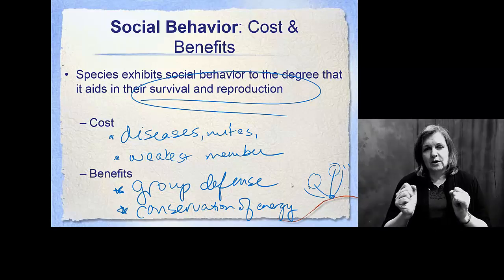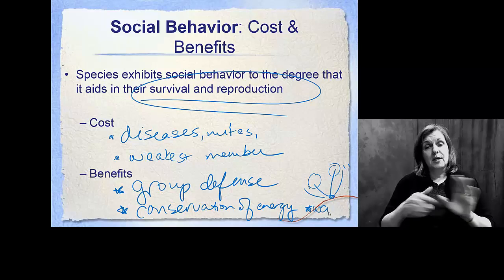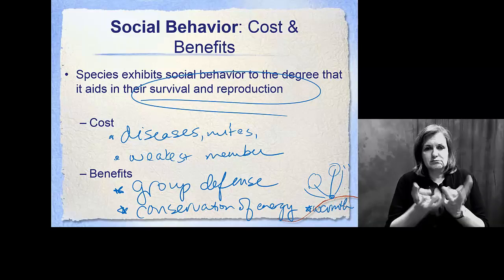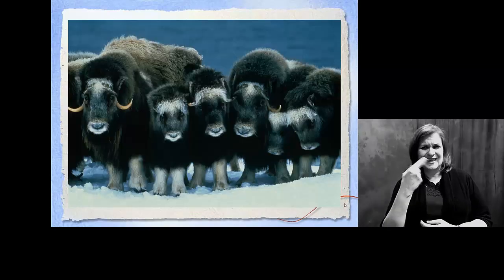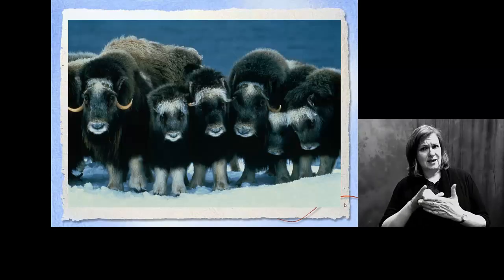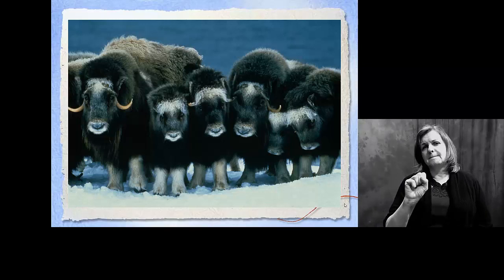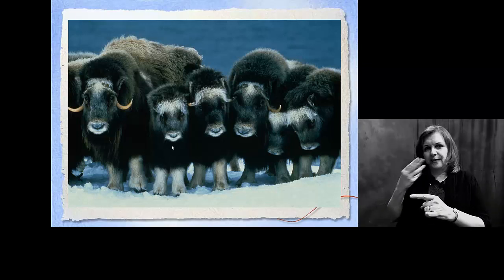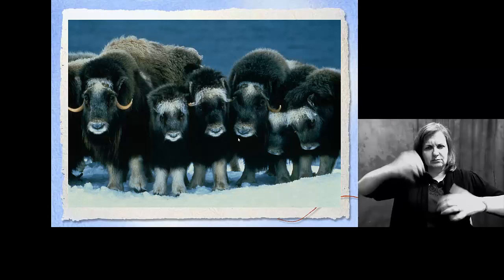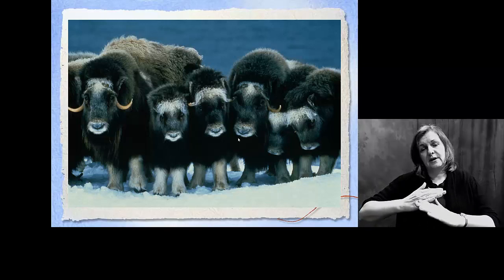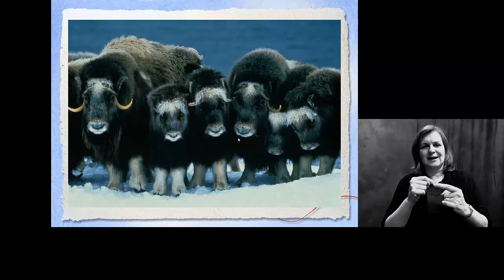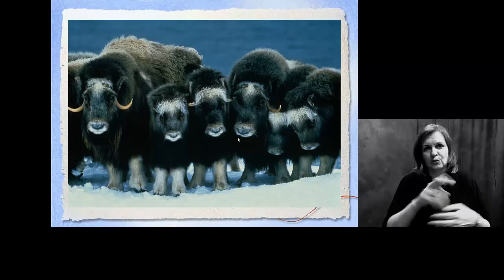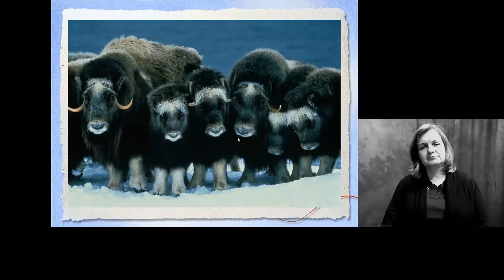We see this with penguins and so on, that they huddle together to stay warm. But frankly, are you going to mess with something that looks like this? This is a population of muskox. They put all the babies behind, and you can't see them. They're all hidden behind the large adults to protect them. If you come face to face with this population, you certainly are not going to mess with the babies or any of them.